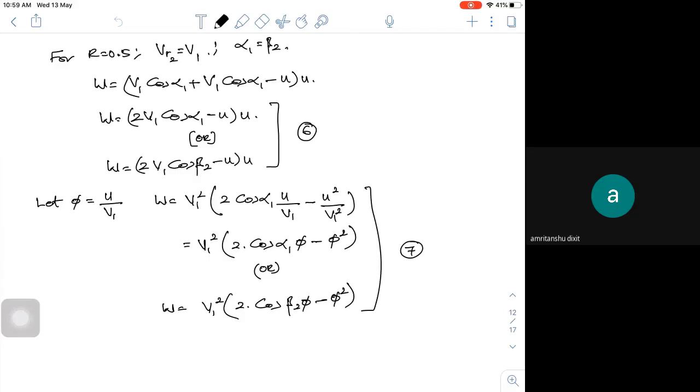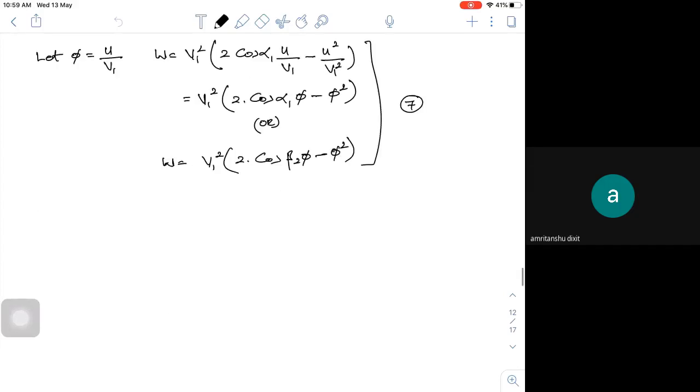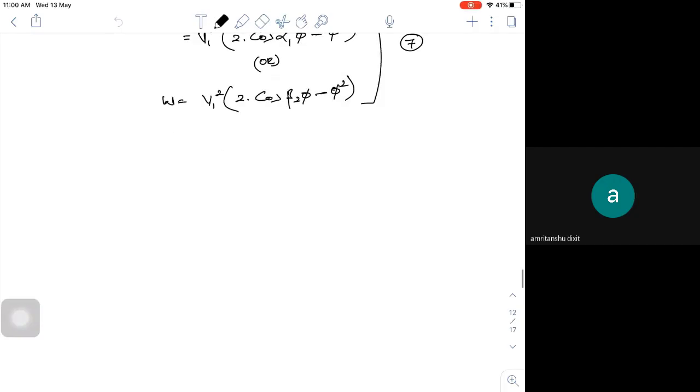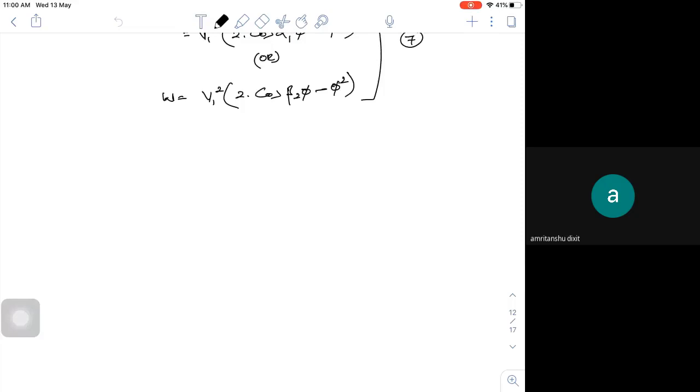Reaction turbine of 0.5, R is equal to 0.5, and for that we looked at the expressions for the work done. Now, in today's class, we'll look at the expressions for the blade efficiency or hydraulic efficiency. Before we get into that, let us look at what are the types of kinetic energies available with respect to fixed blade and the rotating blades.